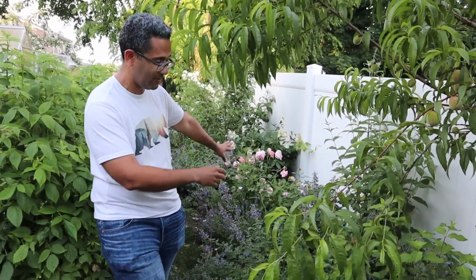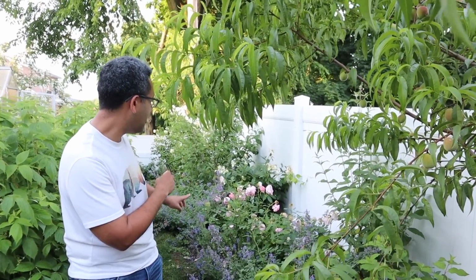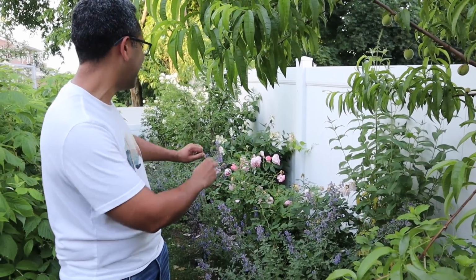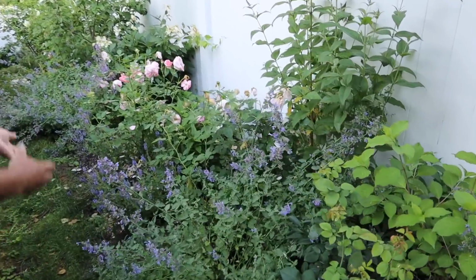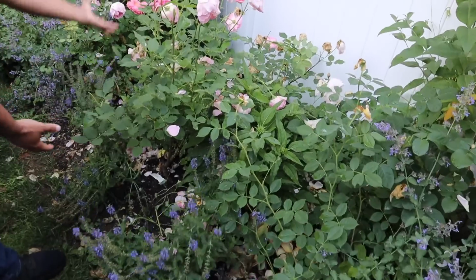This is full of roses right now. They were in there. This is the first flush that I got, and that started like 2 weeks ago. And they were looking pretty nice up until yesterday, actually, but we got a lot of rain, and the rain took care of the petals that were left. But these are David Austin roses, and I like to again interplant them with salvias. I have salvias here, and